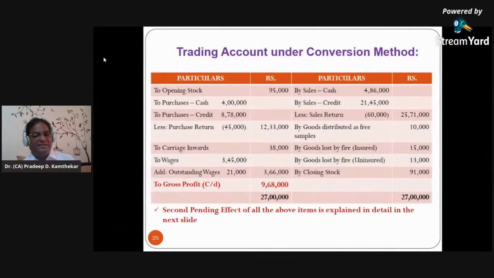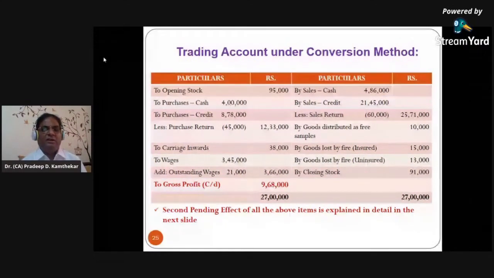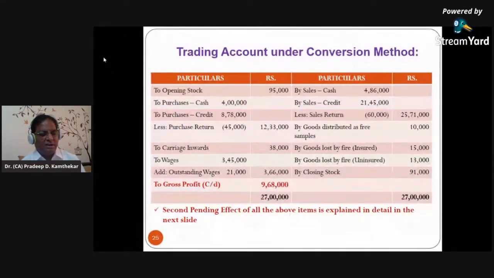Now let us see all these things through a solved example one by one. Here I have given a complete solution of one single entry conversion problem where we will have the trading account, which we are having right now in front of us. Then P&L will come, the balance sheet will come, opening statement of affairs will come, debtors account will come, bills receivable account will come, creditors account will come, bills payable account will come, and cash and bank account will come. So the entire solution I have divided in these parts, and let us understand each and every account's entry and both the debit and credit effects of that.